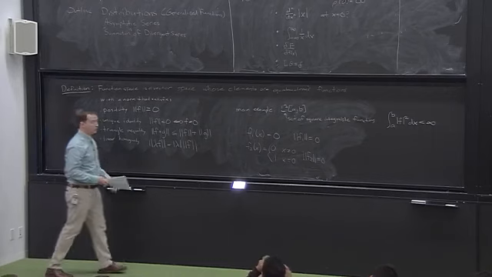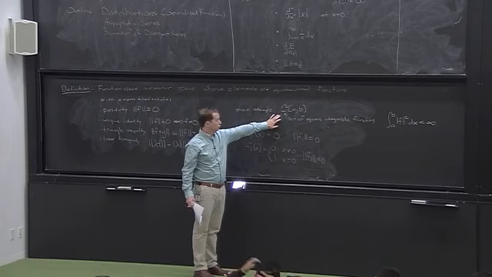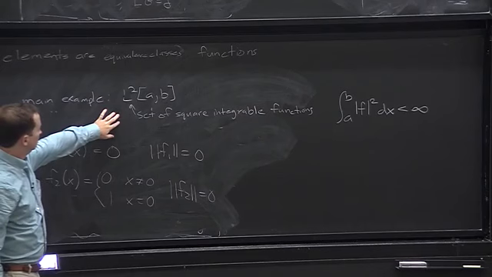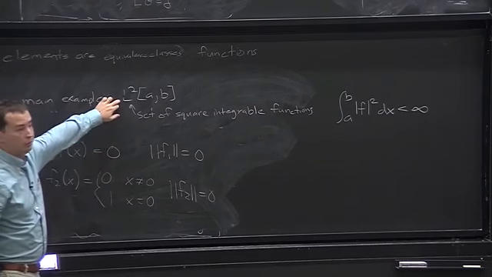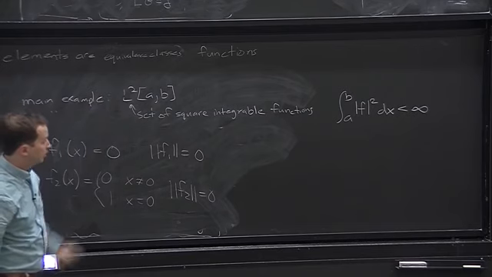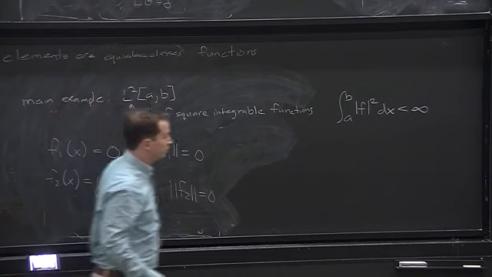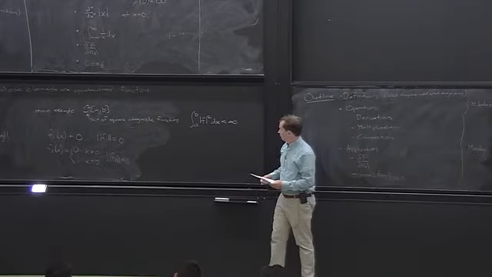Okay, so this is a rather general function space. We haven't made any assumptions about differentiability or continuity, so some rather wild functions live in this space. But the space is not big enough to contain delta. And to see that,